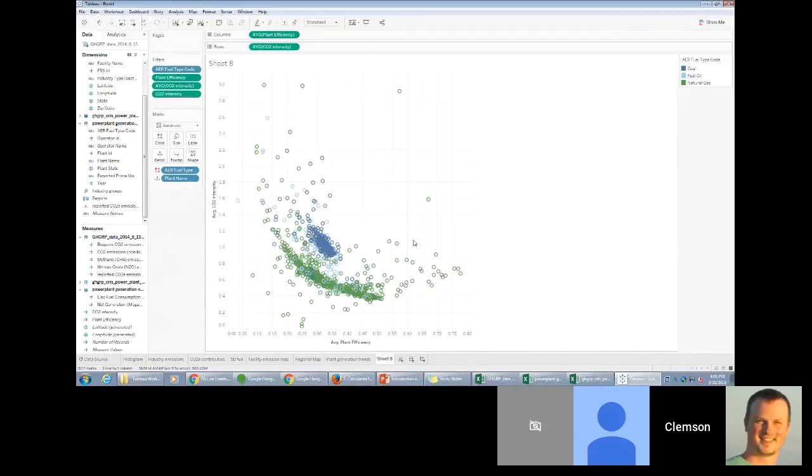Okay, so now we're finally at an interesting picture, and this makes a lot of sense. So what do you guys see in this picture? What is this telling you? That most plants are similar in efficiency and there's a few outliers. Yeah, so that's one takeaway. If I'm looking specifically at coal, the blue dots, all of the coal power plants are around 33–34% efficient. And most of them are within the same CO2 intensity, but there are some outliers that just are probably terrible